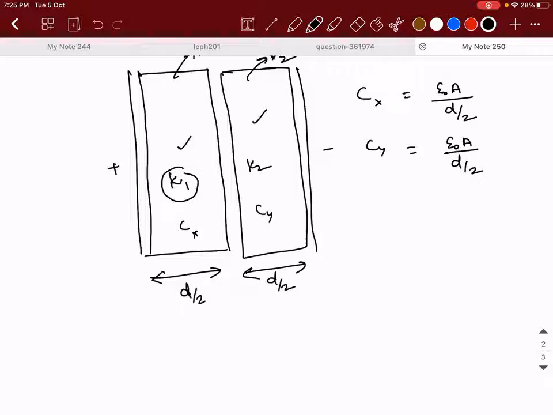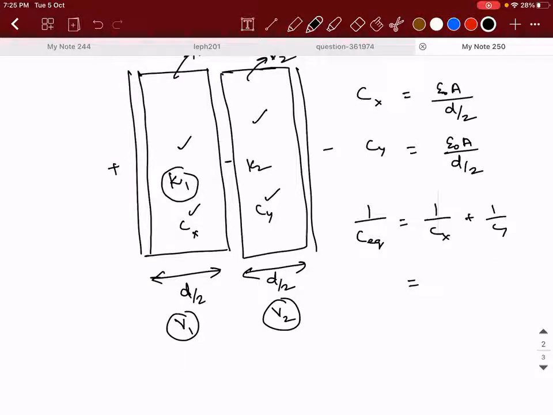See, I want to stress on this point. How do you find whether the dielectrics are in series or parallel? If you take an intermediate layer, the potential of this is V1, the potential of this is V2. So when the potential is getting divided, they are both in series. What happens in parallel? In parallel, the potential will be the same. So if these two are connected in series, 1 by C equivalent will be 1 by Cx plus 1 by Cy.